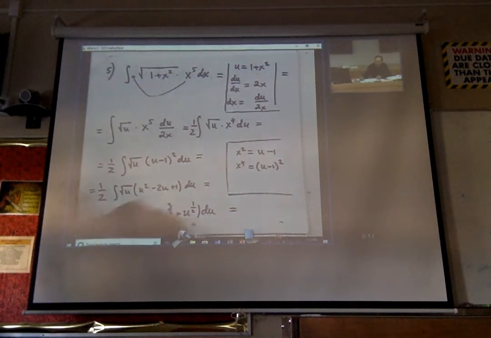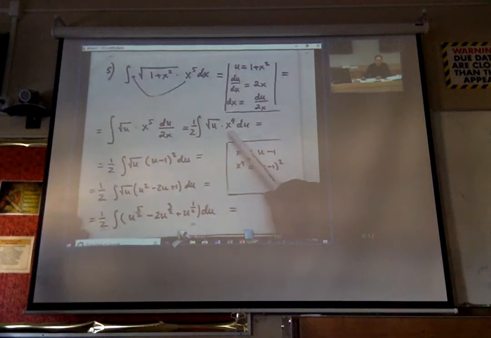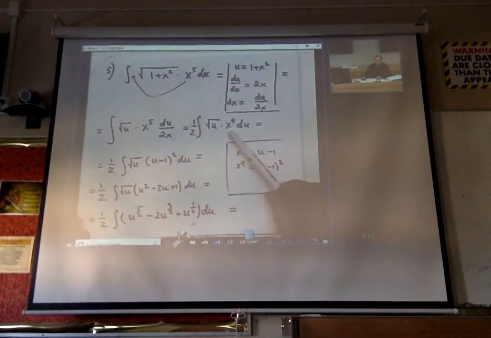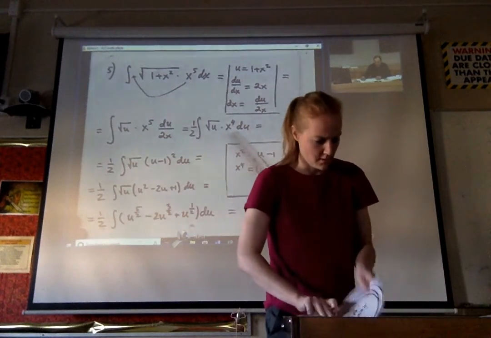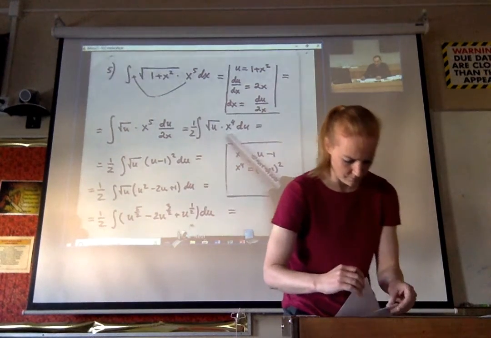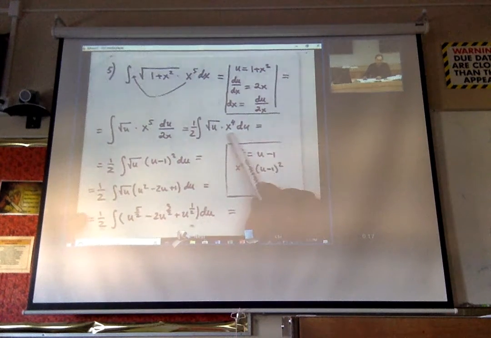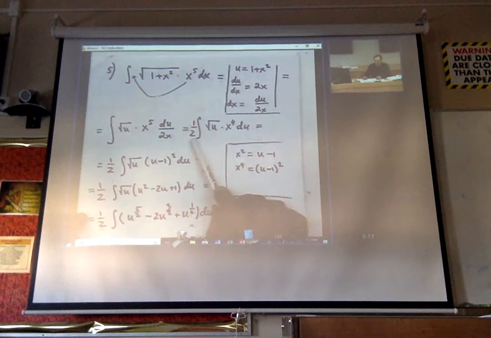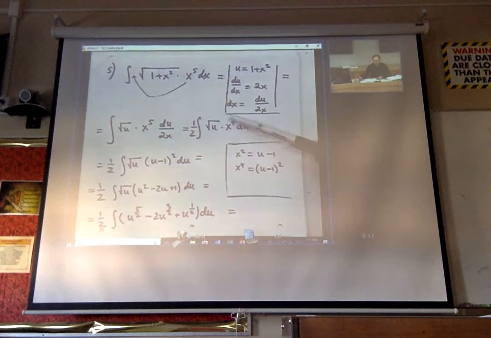but actually after substitution you still have x to the 4th left. And we cannot have x and u at the same time. Also, we have to remember that x is still the variable, but it's hidden inside of u, so you cannot just pretend that x to the 4th is a constant, so maybe you can take it outside. Main thing here, you have to decide how you're going to take care of this x to the 4th. And here we had to go back to the substitution